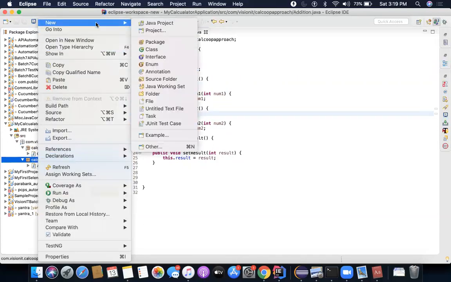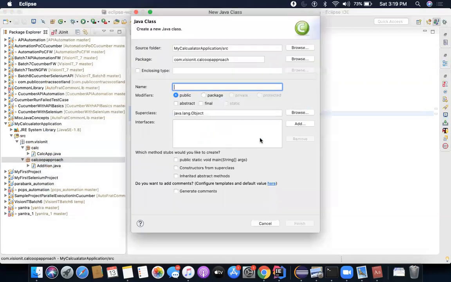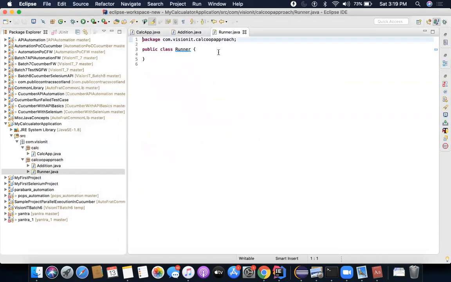If I go to New Class, Runner, Finish, this becomes your application. Here I will simply write how you create the object of it. You will say Addition, the name of the object, addition object is equal to new Addition. The object is created. Now when you say dot,